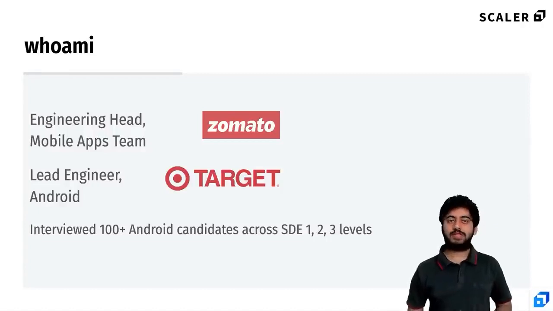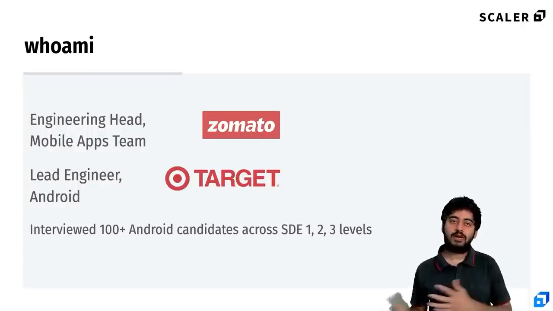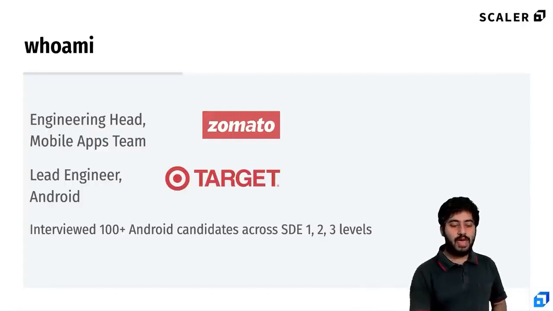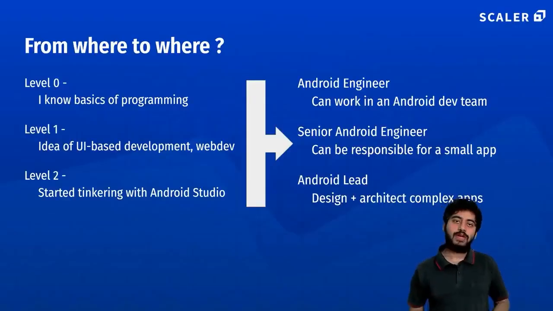In my journey as a professional Android developer, I have had the opportunity to interview almost close to 150 candidates for different kinds of roles, whether an entry level, SDE 2, or lead engineer kind of roles. This video is going to be taking from all of those learnings to give an idea about what are the expectations that an Android developer in a professional setup has at different levels, whether somebody is an associate or a junior Android developer fresh out of college and they have joined, what are the things that we expect out of them, what are the things that we expect at later stages.